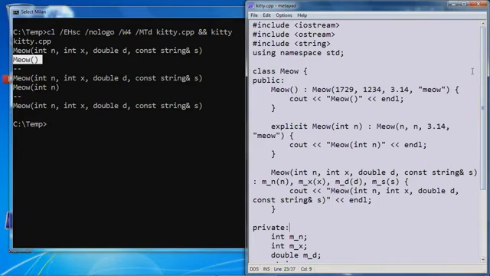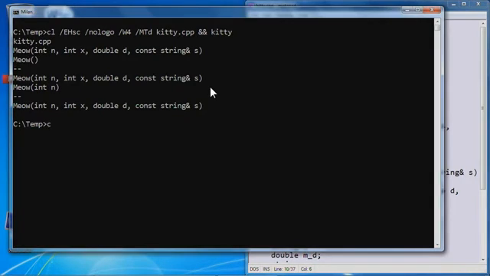I can also go more than one level. So here I could say, this default constructor, I would like to call this int constructor. So I'm just going to say Meow of 17 times 29, whatever. I'm going to have the default constructor call the int constructor, and then that one calls this other one. This is totally cool. So if I save this and compile and run,